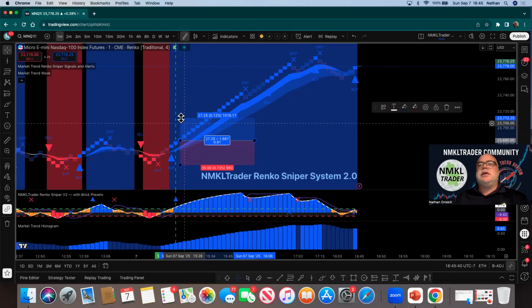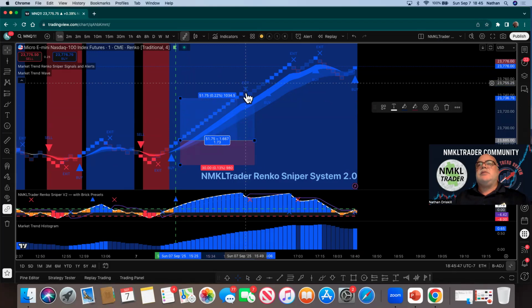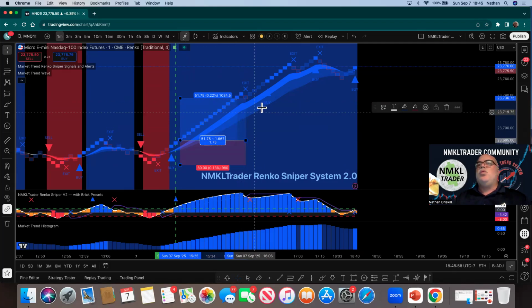And then you can take this up here and you can either get out at the first exit if you like scalping quickly and just taking your profits and getting out, or if you like riding the trend all the way up, because obviously the trend wave here is keeping you in the trade. If you've got a little bit more tolerance for the trend to stay in the overall trend, and when you see this next buy here,